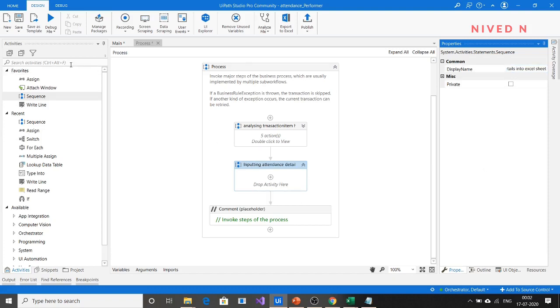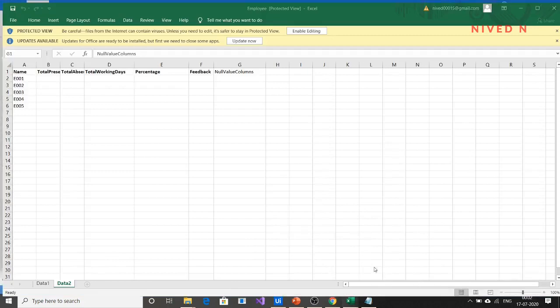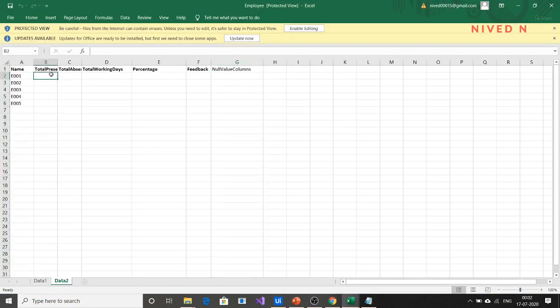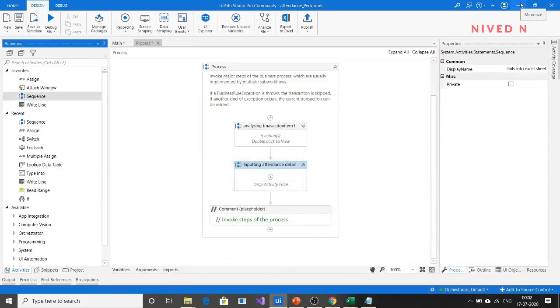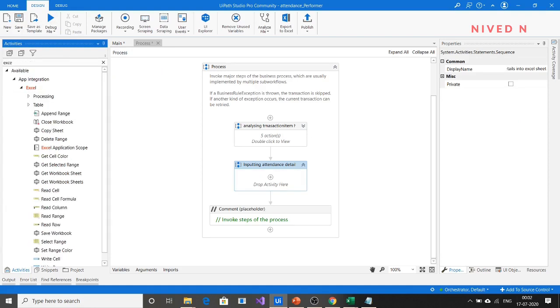Since you are using many Excel activities, like the write cell activity for total present, total absent, total working days, percentage, etc., it is better to use the Excel application scope here, so that you can assign a single scope for all the Excel activities.